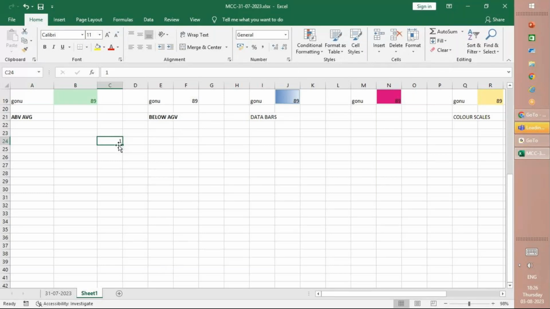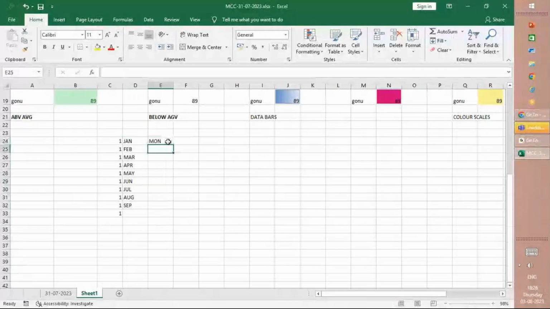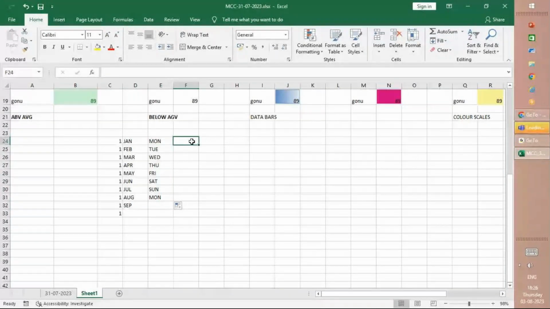Keep your cursor here, click and drag. Type Jan, your cursor, click and drag. Type MON, your cursor, click and drag. Monday,